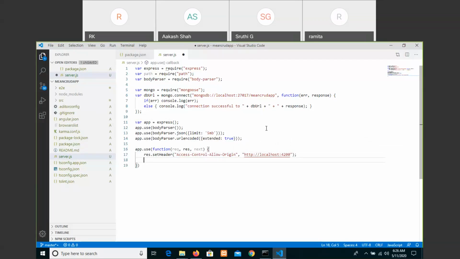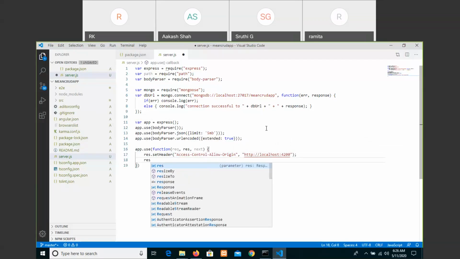That is the first statement, and a response that should set header